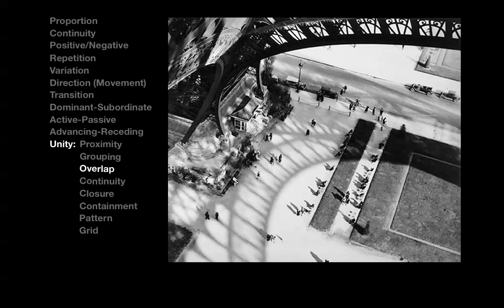André Cartège's photo of the Eiffel Tower is an example of an overlap, creating unity in the way the arching shadow connects through repetition the actual structure to the ground below. So in a sense, this cast shadow is sort of a transition from the structured arch onto these rectangular shapes on the ground.